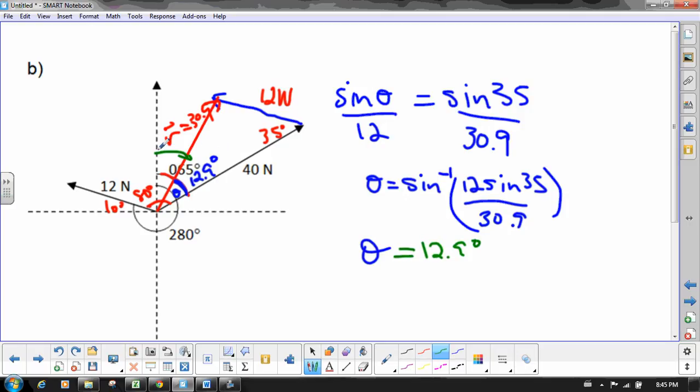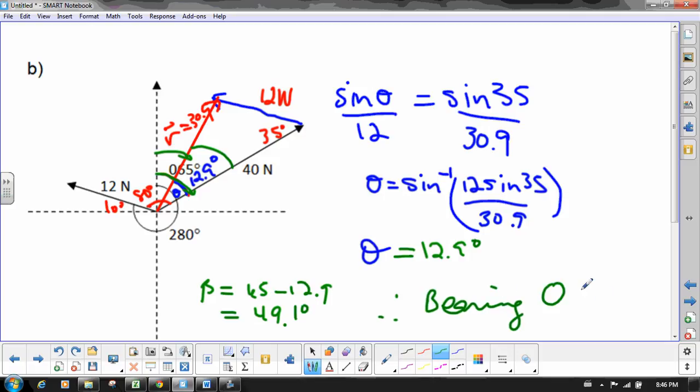So if I go from here all the way to this side, it's 65 degrees. From here to here, it's 12.9. So I need to know what that angle is going to be. I'm just going to use a different letter. So it's going to be 65 minus 12.9, which is 49.1 degrees. So therefore, the bearing